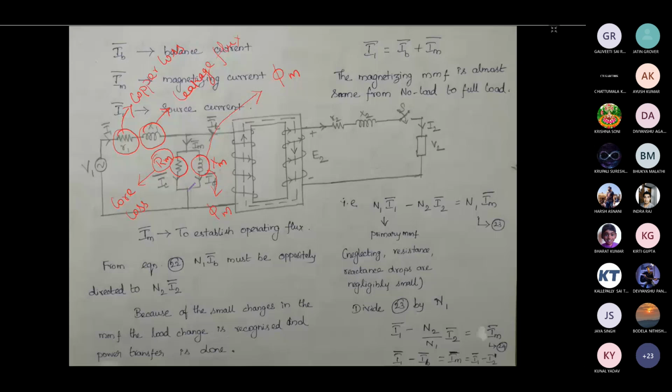Now here we have represented the mutual flux in terms of inductance, and we have represented the core loss in terms of resistance, that is Rm. The only other thing we have here is this magnetic part. The issue with this magnetic part is that N1 can be different from N2, so we have to neglect that also. How can we neglect it? I think that will be available. Let me see.